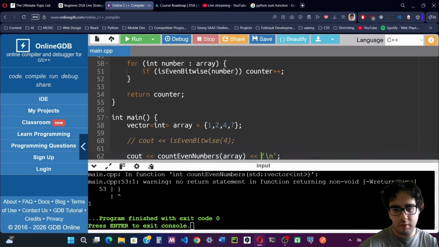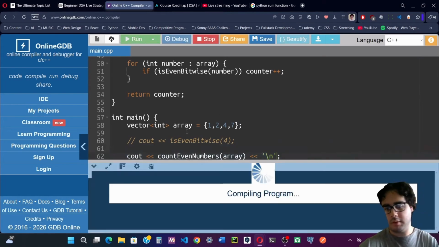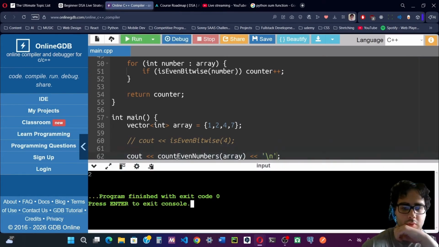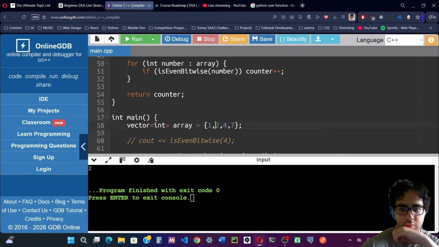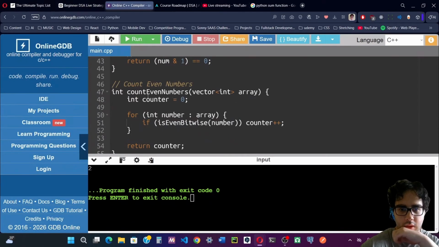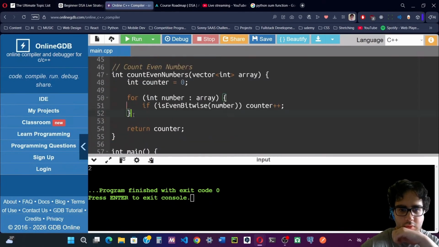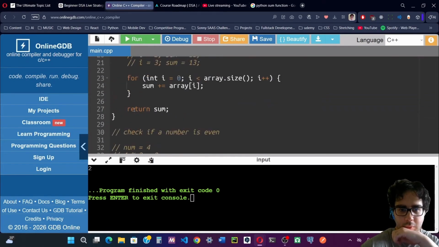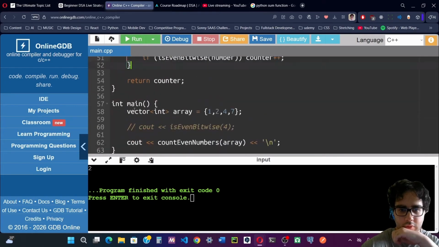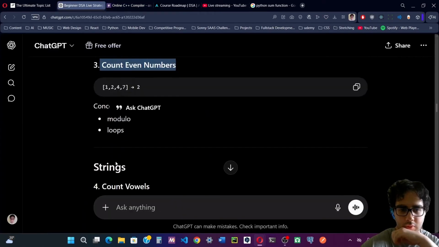Now this is faster than inline, so that's why I'm doing this. We should get the result, and then we get 2, which is correct. I mean, in this we don't really sum up anything. I think this one's clear. Okay, so next one is